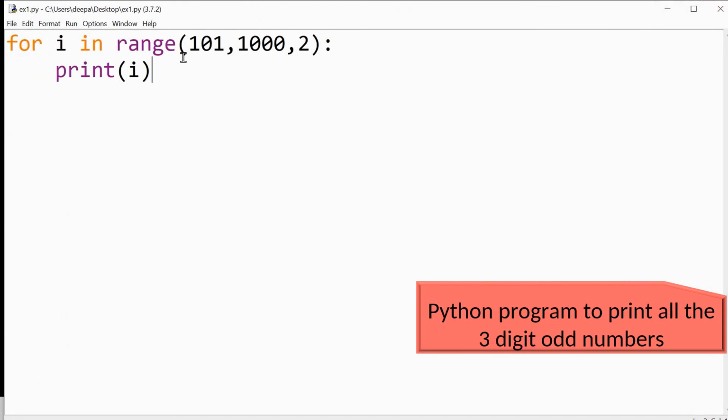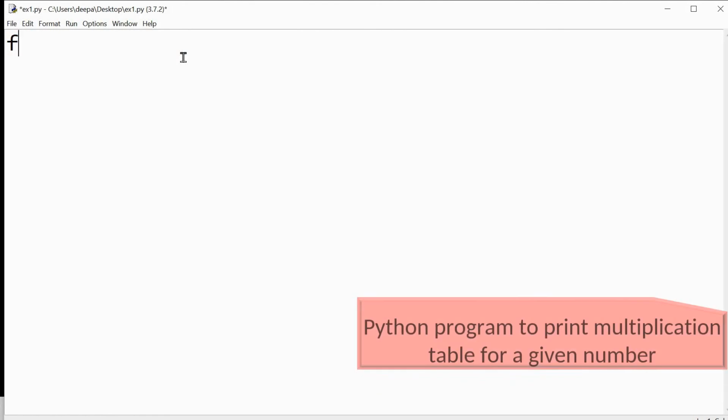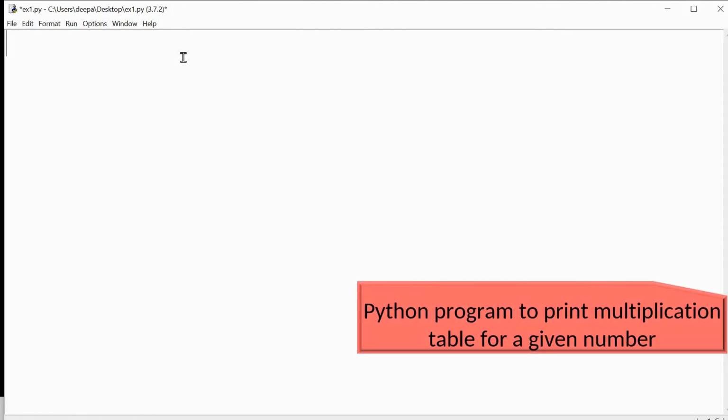So the next program is to print the multiplication table for a given number. First I have to get the input for the variable n. n is equal to int(input("Enter a number")).